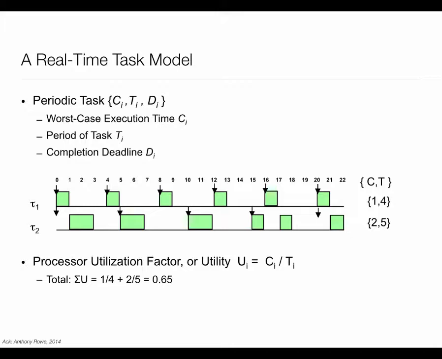In this example, I have two tasks. Task 1 is coming every 4 time units, so its period is T sub i. Looking at it, you can also see it always takes 1 unit of time. So this task has C sub i equal to 1, T sub i equal to 4. And deadline, a very common model is, like I said, that deadline is equal to T sub i. Oftentimes we just kind of ignore it. For now, we are going to assume that deadline is equal to T sub i, then we will relax it and say, what if deadline is less than period? And the final case is if deadline is more than the period.